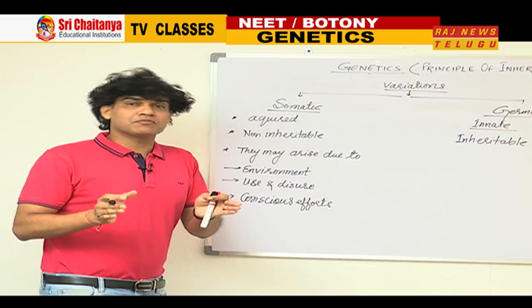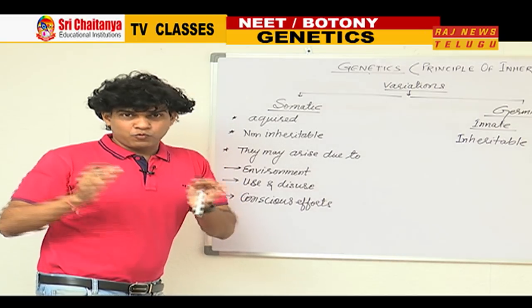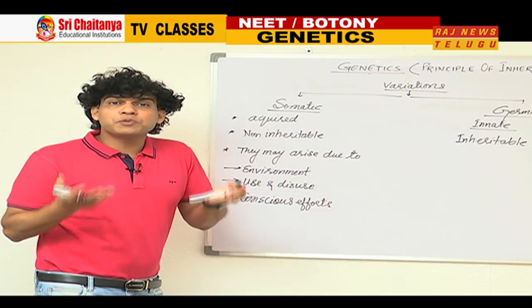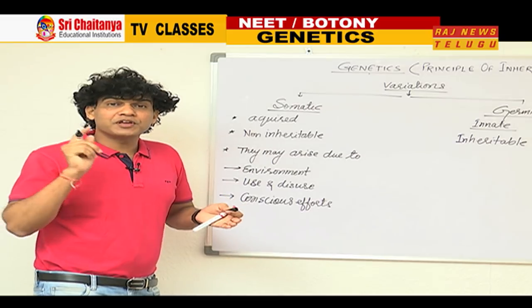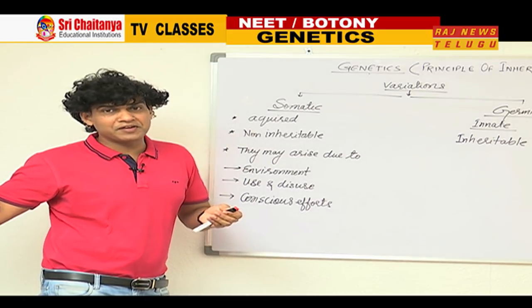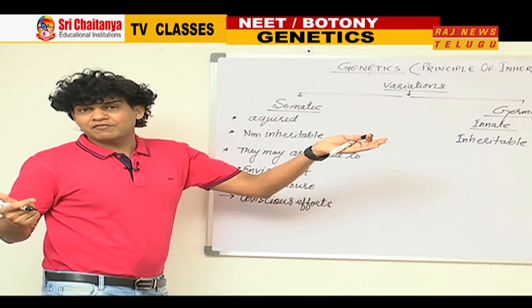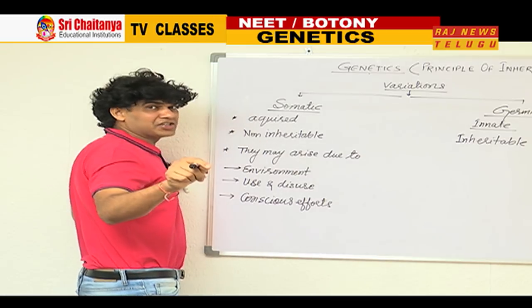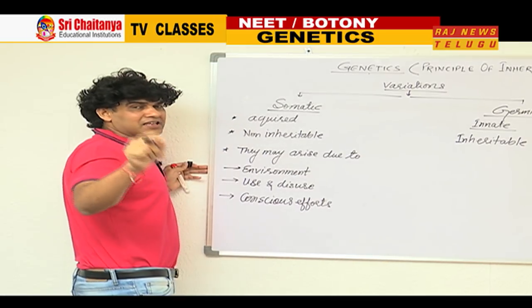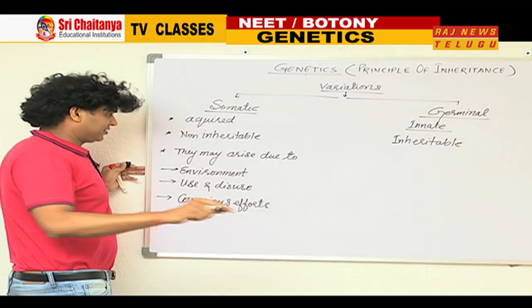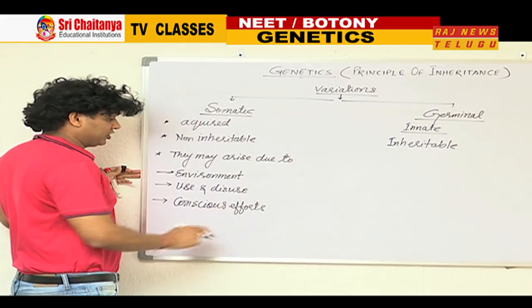So this is a difference of the skin color. One comparatively fair, another one comparatively dark, is because of what? Because of the variation of environment. The environment of Jammu and Kashmir is comparatively different as compared to the environment of the tropical areas. So this variation is an earned variation. This is the acquired variation that they acquire after their birth. So it goes in the category of somatic variation.